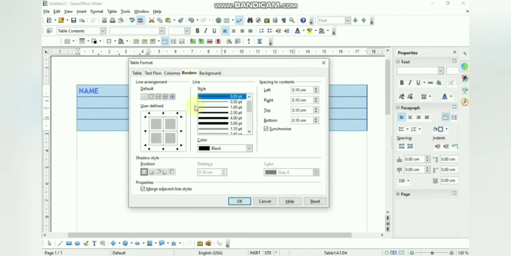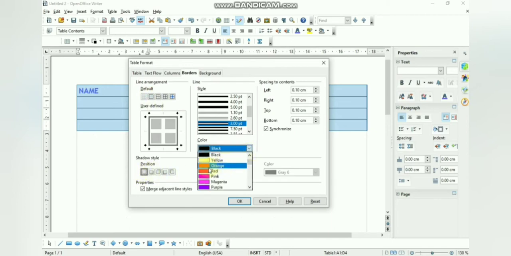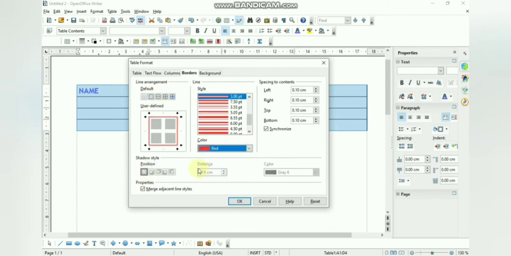Okay, the borders which we want to apply to the table. So you can select here, set outer border, set inner border. All right, so accordingly you can select the design of the border, how you want. All right, then accordingly you can change the color. Okay, say red you can give.